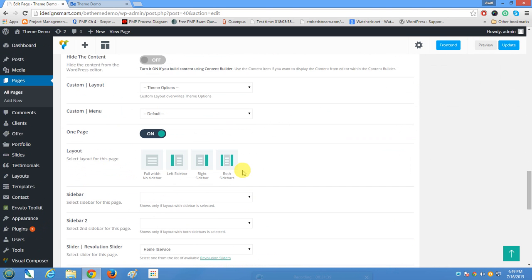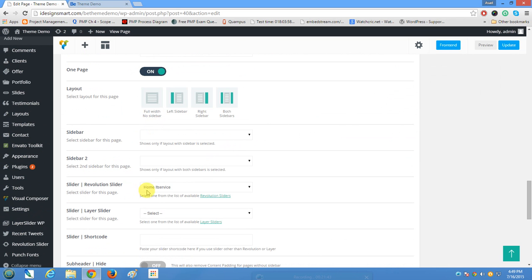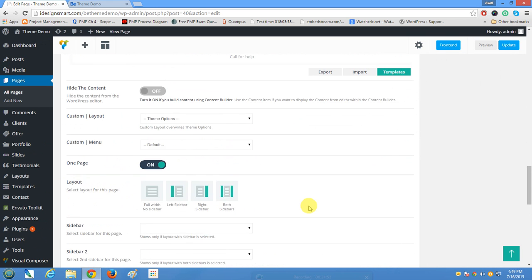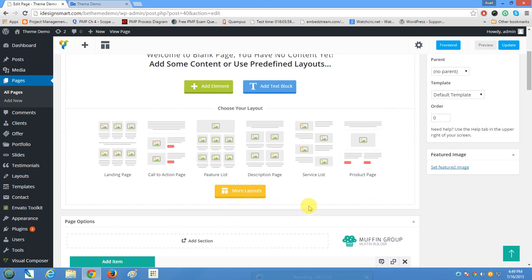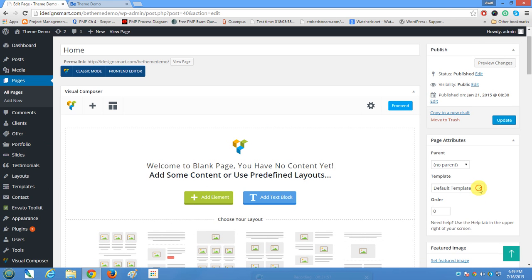Maybe it's a page option. In the page options right here, slider, Revolution slider, you have selected home IT service. So if you add other sliders that you want to use, you can write your own and select it from here. So that's pretty much it about the page. One important note is you have a selection of different page templates. So if you want a portfolio or a blank page or a sitemap or under construction, you could always come back and it'll give you a default